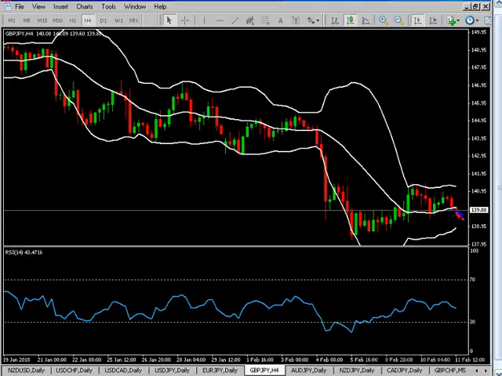So, question is, right now, would you continue to short cable yen? Absolutely yes, but not at this price. We're right in the middle. Right now, we're right in the middle, no trade. I want to wait for the market to run up to the upper band, test the upper band, fail to break above the upper band, fail to close above the upper band, and then I'd want to look to sell